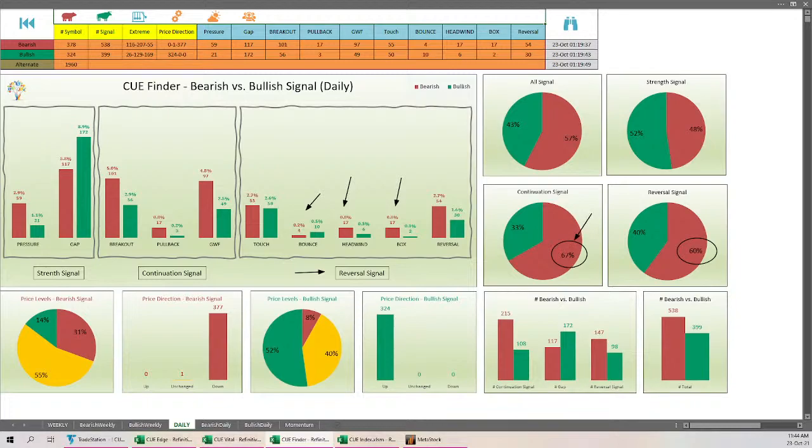Also trend continuation more than 60% bearish, 67%. So we could look for trend continuation shorts that could be breakout, go with flow, pullback. Now when you look at all these graphs, which one has the biggest percentage? Breakout. So you could look for the other trade setups also. Headwind, 0.8% of all stocks have bearish headwind. 0.8% of all stocks have bearish box setup. But if you look at bearish breakouts, 5% of all stocks, and go with flow also almost